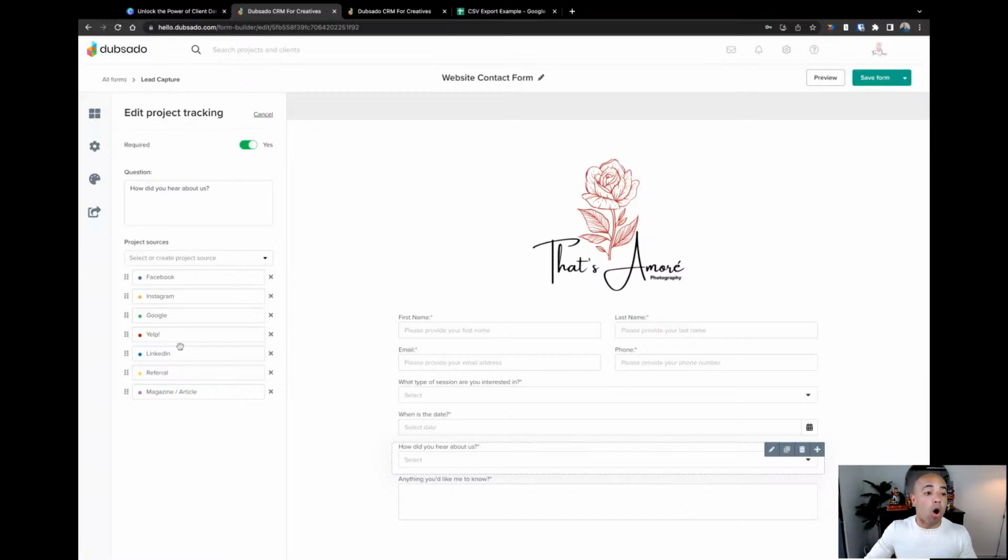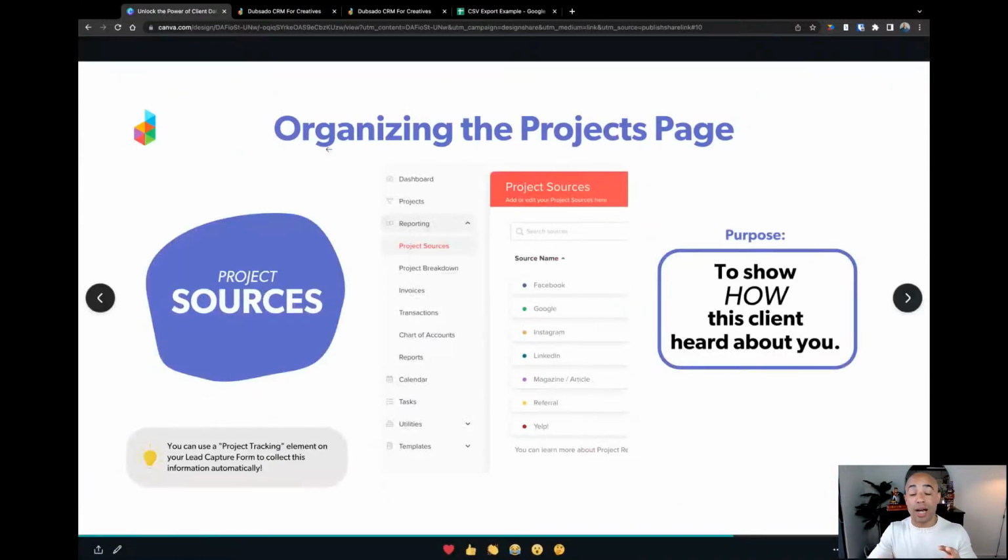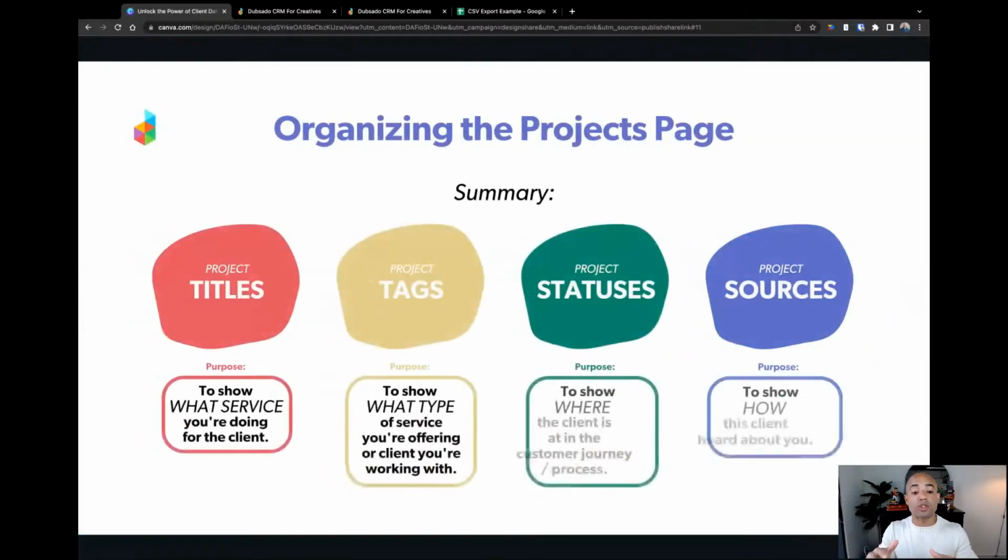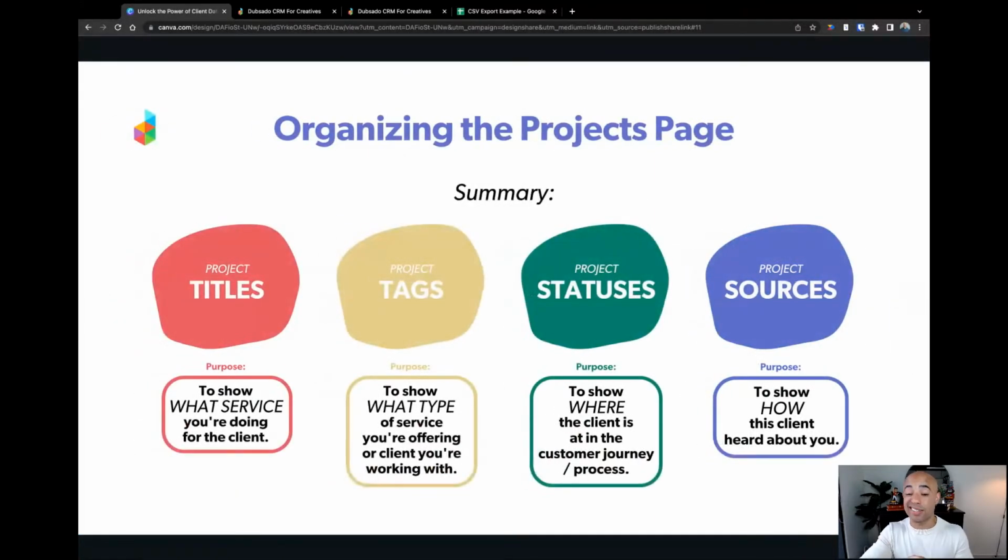So all that being said, I know we covered a lot there with all of those different things. With these 4 things, and this is a really great summary if you want to use this in the handout just to see a kind of a breakdown of all the different things. Here's a nice summary for you.